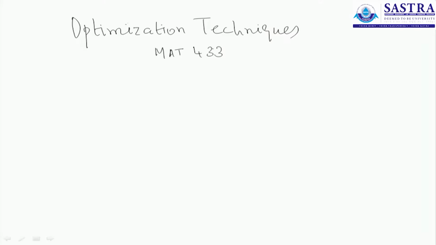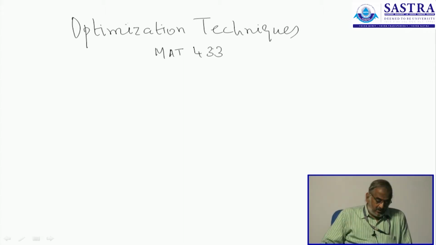I am handling the subject optimization techniques for you, for which the course code is MAT 433. In the next 15 to 20 minutes, I will be introducing what exactly the content of optimization techniques, what we are going to study in this semester, and what are the chapters in the optimization techniques, what for they are, how far the chapters are important from the perspective of computer applications,